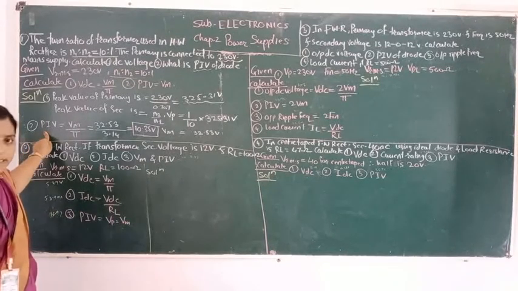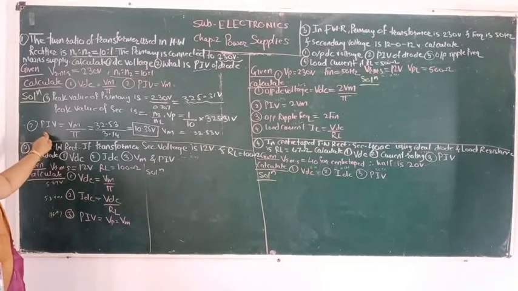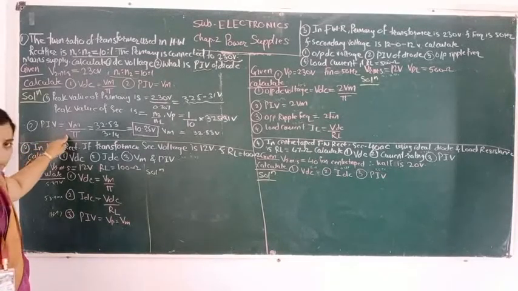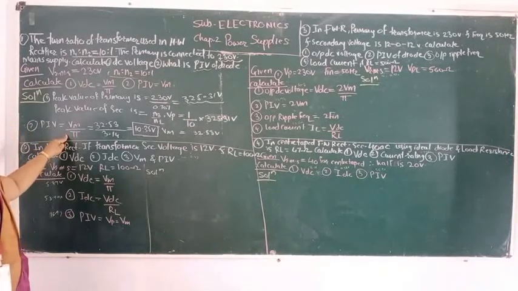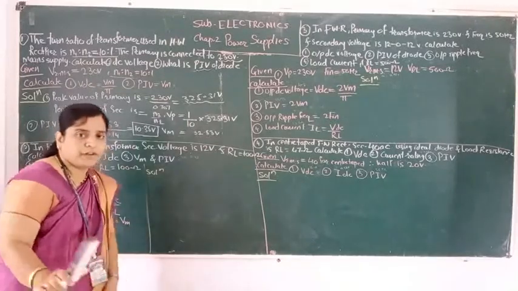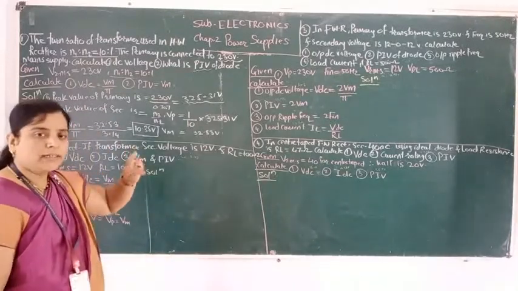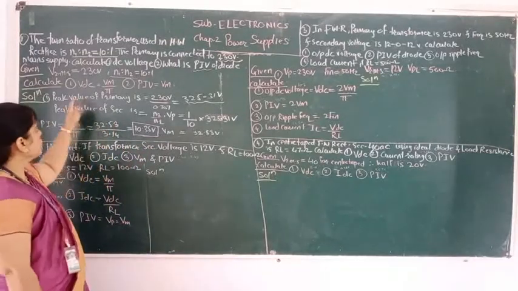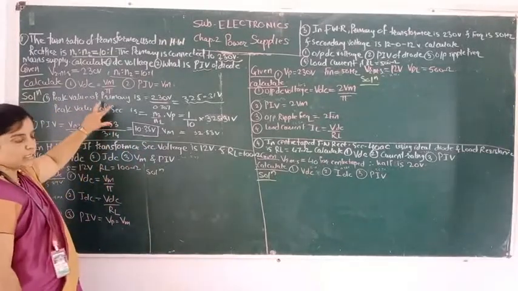So this is the value of peak inverse voltage. Peak inverse voltage for half wave rectifier is Vm divided by pi. Peak inverse voltage for full wave rectifier is also Vm upon pi. We have seen the difference. That's why I have given you the difference in three forms: half wave rectifier, full wave rectifier, and bridge rectifier. That difference will help you to solve these problems. Okay, so how can you solve this?